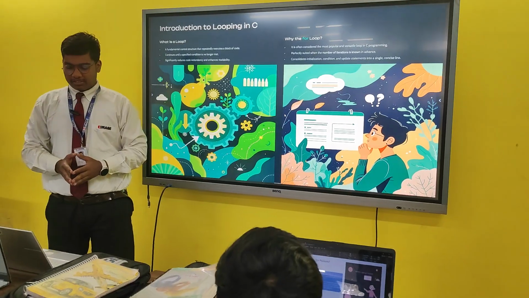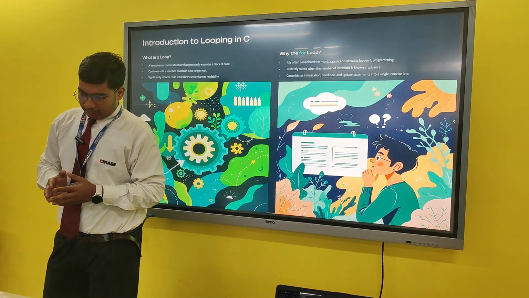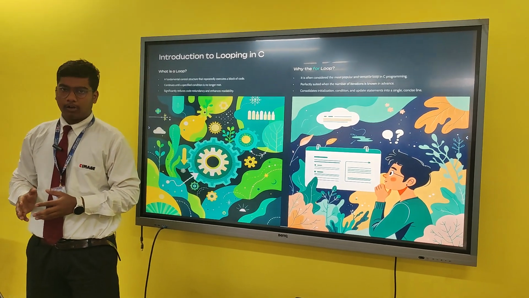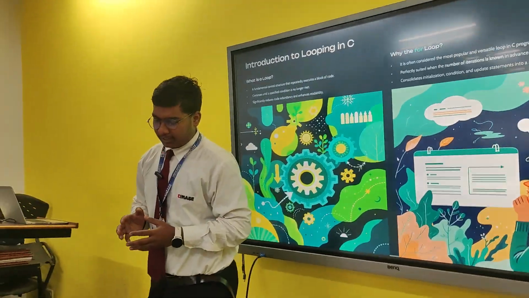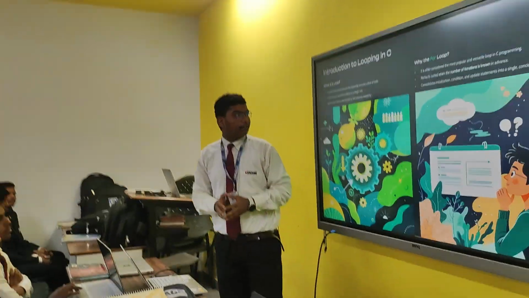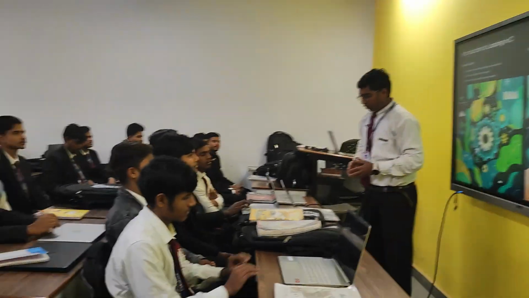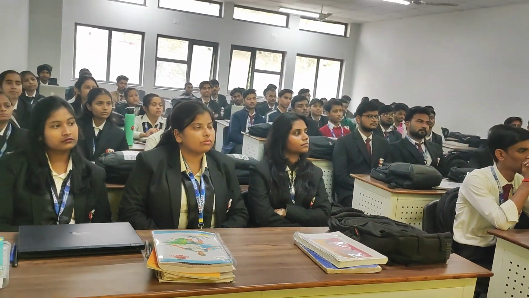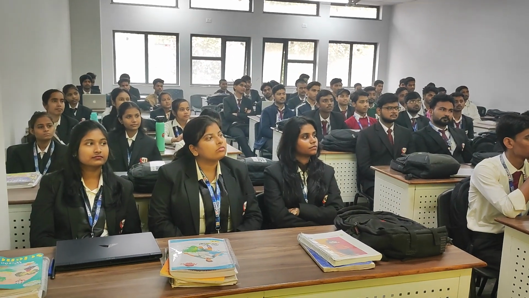Before knowing the for loop in C language, we should know what a loop is. It is a fundamental control structure that repeatedly executes a block of code, continuing until the specific condition is no longer true. Now we will learn what a for loop is. The for loop is often considered the most popular, most versatile loop in C programming. It is perfectly used when we know how many times we have to run a single block of code.